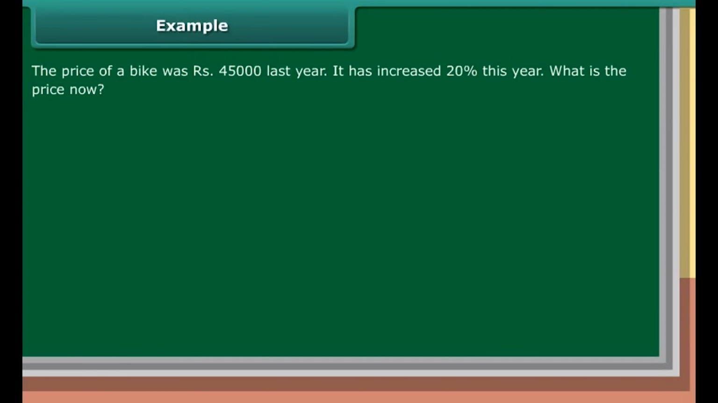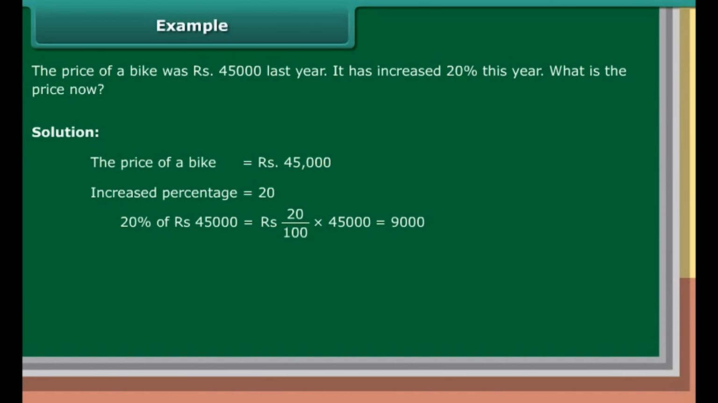Example. The price of a bike was ₹45,000 last year. It has increased 20% this year. What is the price now? Solution. The price of a bike is equal to ₹45,000. Increased percentage is 20. 20% of 45,000 is equal to 20 upon 100 into 45,000, which is equal to ₹9,000. New price is equal to old price plus increase, which is equal to ₹45,000 plus ₹9,000, which is equal to